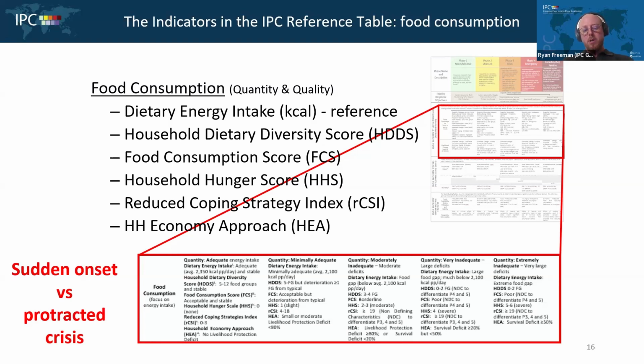So this particular indicator really helps us following a major shock. It's a little less helpful in protracted crises that would already have these food-based coping strategies, either long-term usage, or they've already been adapted for quite some time. So the change from normal is a lot harder to measure, and also the change from normal, in this case, maybe 1 meal a day. But if that's what they've had, you're not going to reduce. So it's a little difficult applying the RCSI, but it does allow us to look at the previous 7 days.